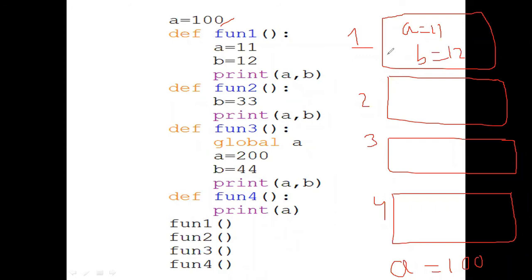In function 2, a is not defined. Any doubts? If you have any doubts, place them in the chat box.